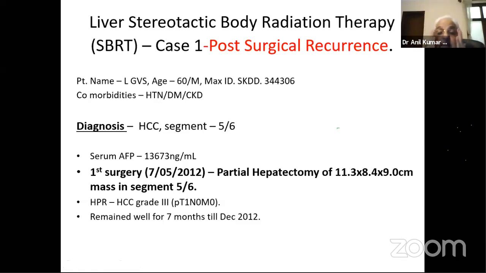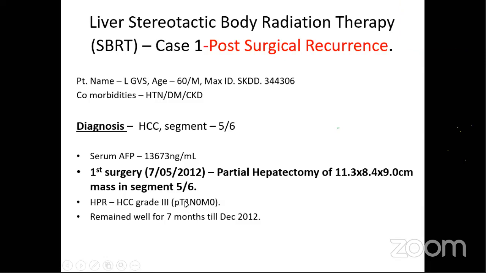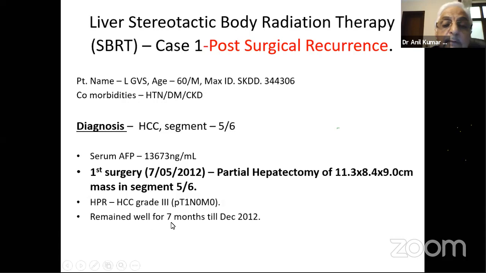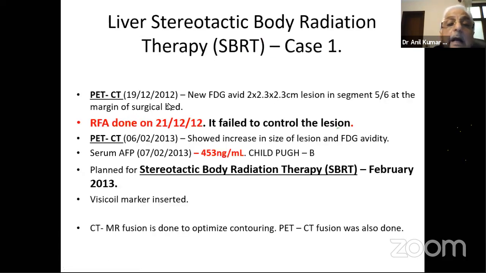Usually, I was asking the surgeon, why did you operate? This was a very big tumor. Usually 5 centimeters is the cutoff. Was operated. And the histopathology was grade 3 hepatocellular carcinoma, classified as still T1. Size doesn't matter in staging. He remained well for 7 months till December '12. Then a PET scan was done on